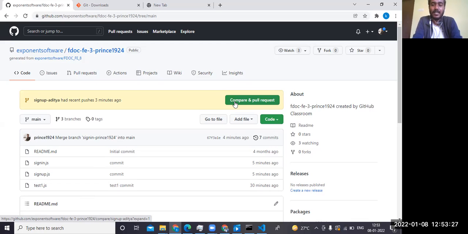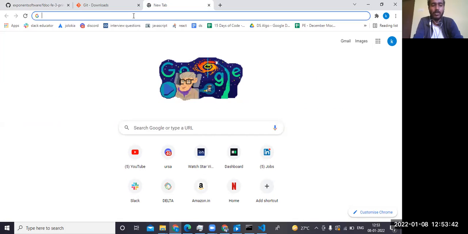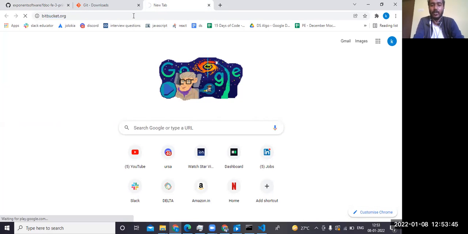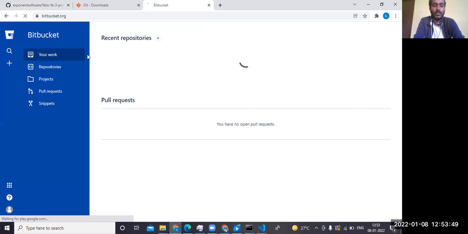Git is a version control system, where you can access the code, contribute to the code, take the code, and work on it. Even if Git is not there, there are different platforms like bitbucket.org. Bitbucket is similar to Git only. The same commands will work everywhere. Here I have a repository. The same pull request will be there, the same clone options will be there. Everywhere it is common.